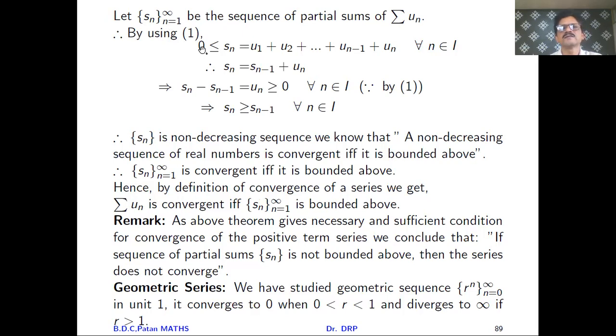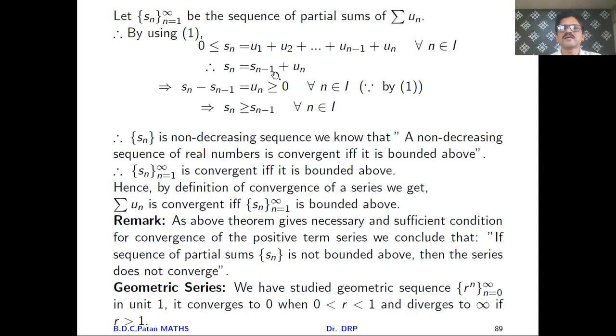We can write it as 0 less than or equal to Sn. Sn is, we know, u1 plus u2 plus and so on up to un minus 1 plus un for all n belongs to I. So from this statement, we can write Sn